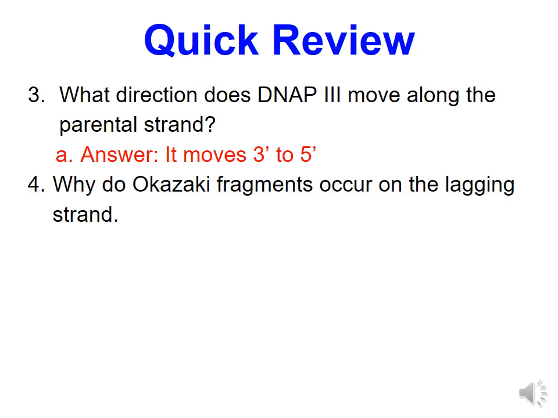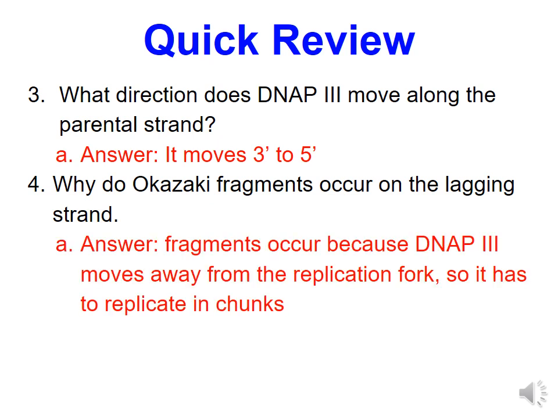Why do Okazaki fragments occur on the lagging strand? Remember, that's the one where the fragments occur because it's moving away from the replication fork, so it has to replicate in small chunks. Then we have to go back